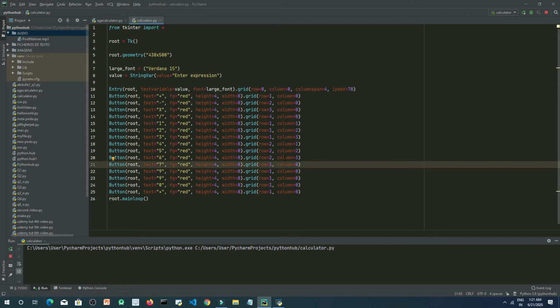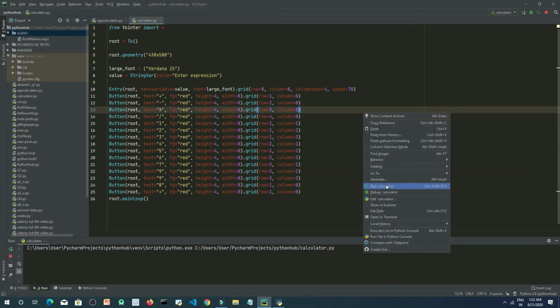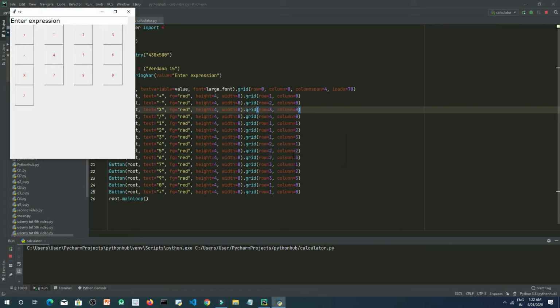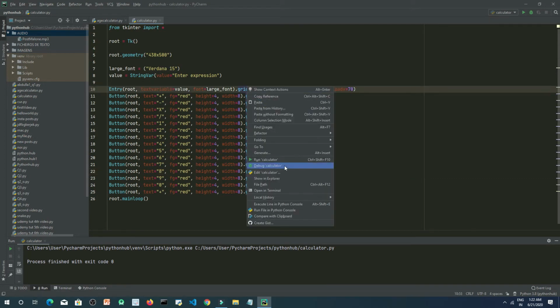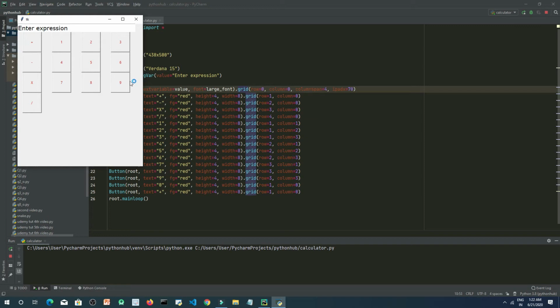We will place the next 3 numbers in the same way in the third row. Okay, third, and it's again 3. So here the column should be again 1, 2, and 3, right? So let's run again, stop and return, and as you can see we have 3 more numbers as 7, 9, 9. We will change this text here, this should be 8, right? So let's run again. As you can see 7, 8 and 9.